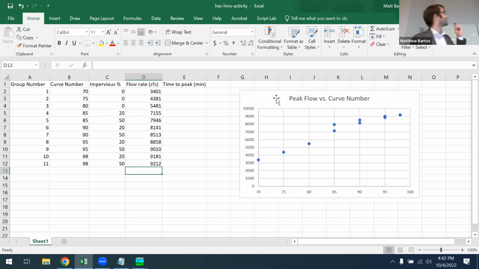So we varied the curve number of our watershed from about 70 to 98. And you can see that just varying that curve number from 70 to 100 resulted in almost a threefold increase in the discharge at the outlet. So just a take-home lesson in how much land cover can affect the results of your hydrologic model and how much it can affect the runoff response for real-world watersheds.